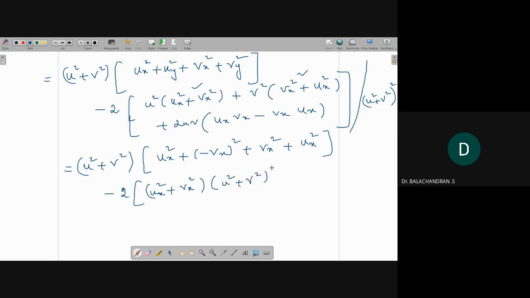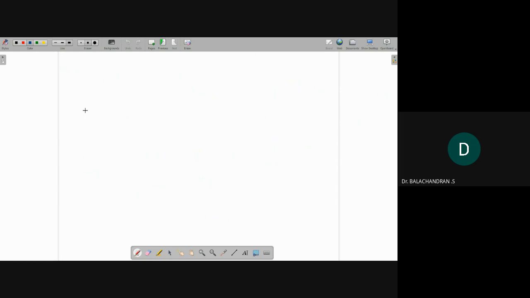This is 0 divided by u square plus v square. Actually, I need to prove that this is equal to 0. Okay. Yes. So this is v. You have 2 times u x square plus 2 times v x square. So I think the numerator is the same. So it is equal to u square plus v square